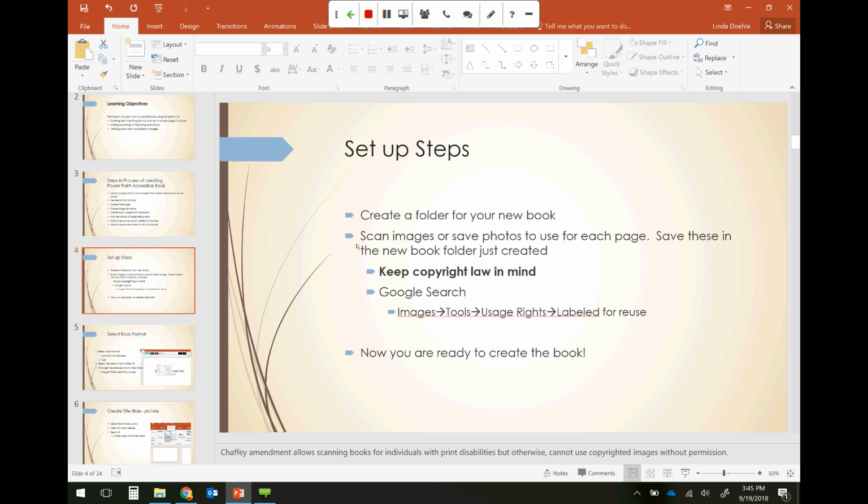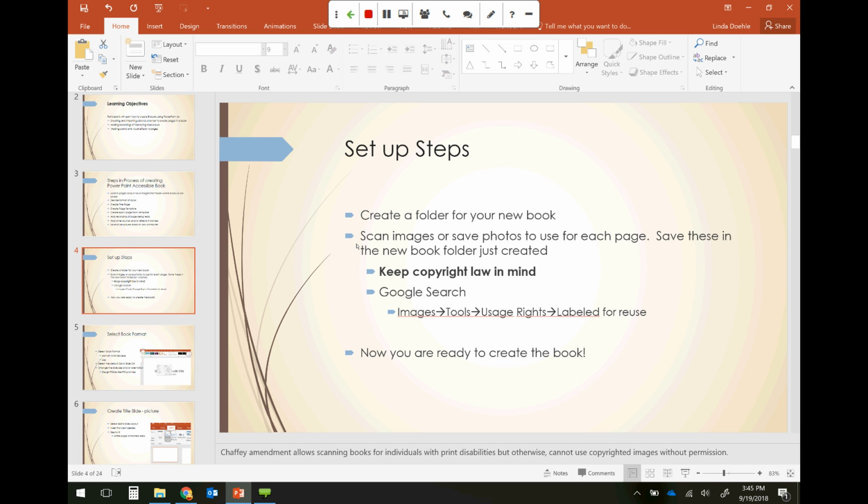I'm assuming that everyone is proficient enough with Windows that you know what I'm talking about there. If that is not the case, or you want me to go into that further, go ahead and say that in the chat, or you can even send me an email and I can show you how to do that. But you would create a new folder on your drive, and then in that folder is where you put all